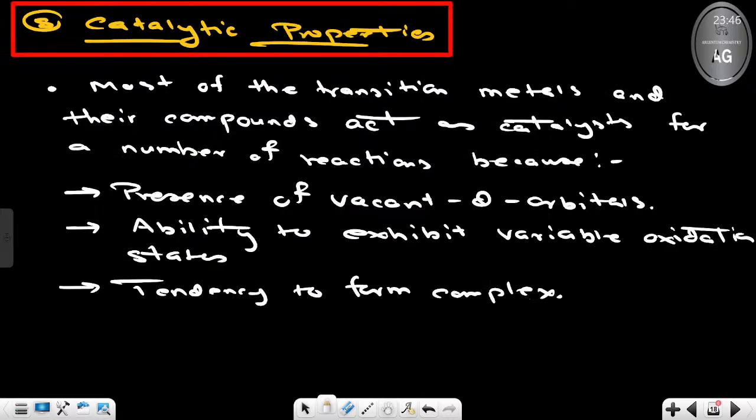Next, catalytic property. You will find that in most reactions, the d block elements and their compounds are acting as a catalyst. Reason? D orbitals are free. Vacant, not free actually, vacant, because of vacant d orbitals. Second, variable valency, or variable oxidation states, are exhibited by the d block elements. And last is complex formation. But how is complex formation going to help us? Listen,